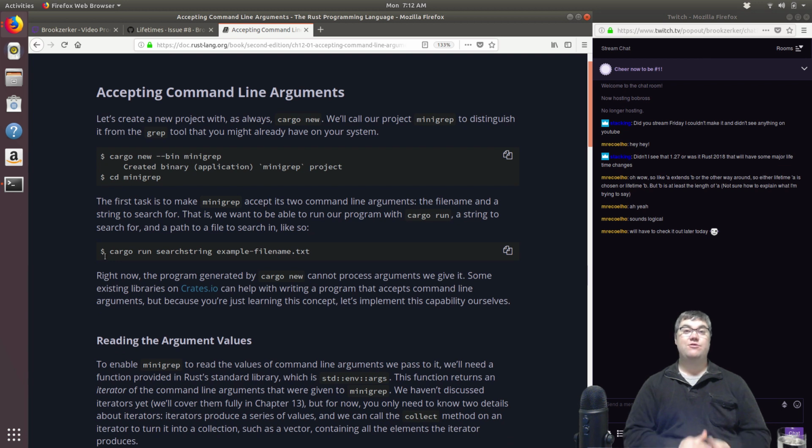All right, so beginning, accepting command line arguments. Let's create a new project with, as always, cargo new. We'll call our project Minigrep to distinguish it from the grep tool that you might already have on your system. Okay, so